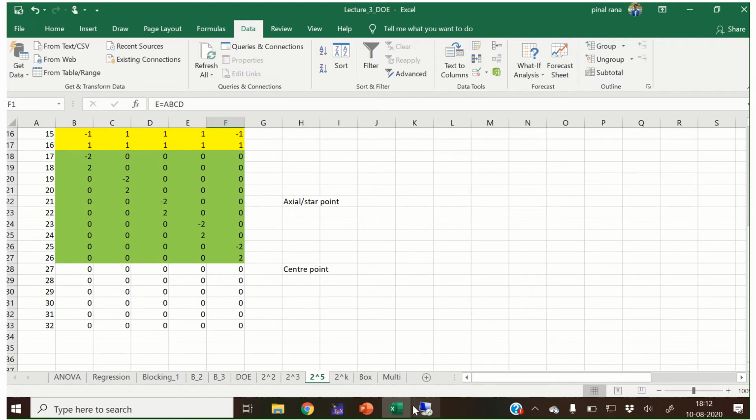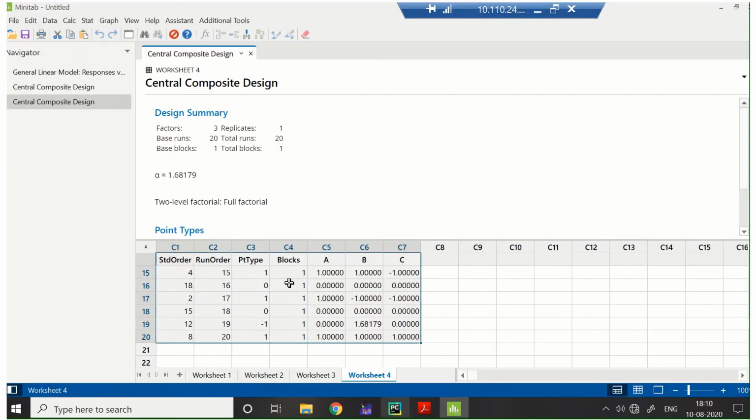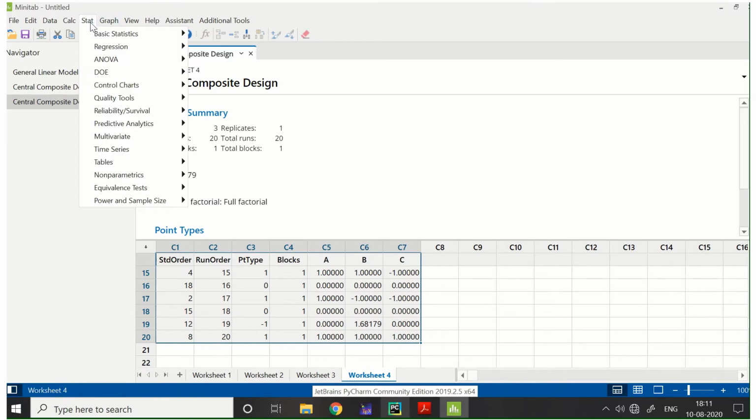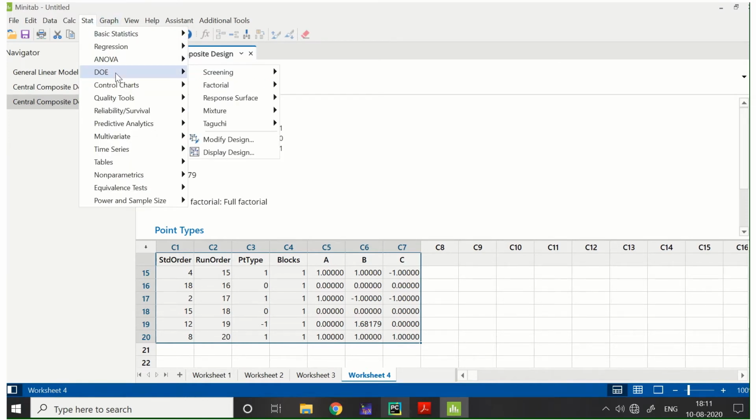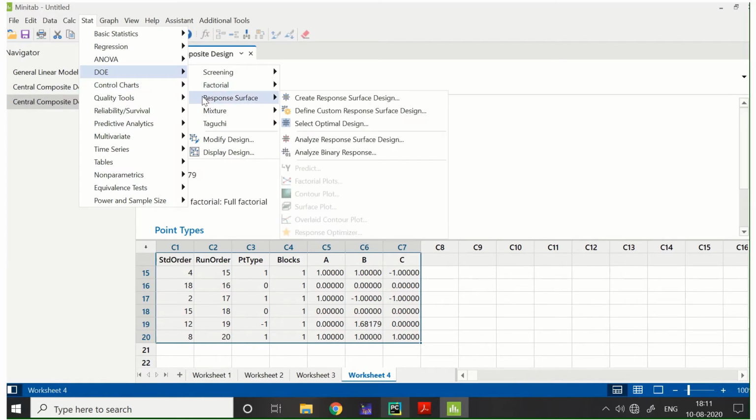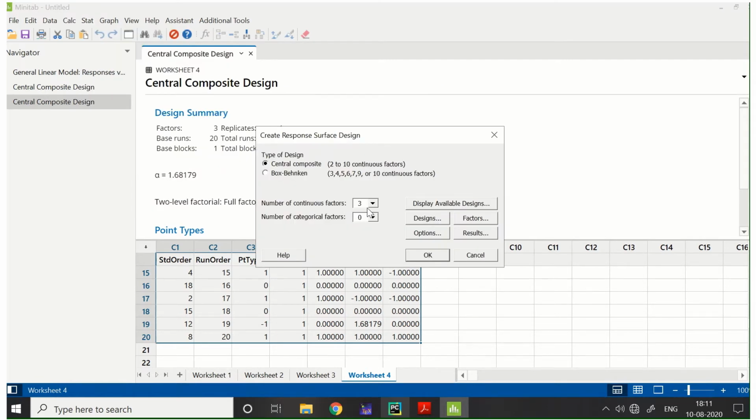Okay, now I will explain how we can create the half factorial design in Minitab. So you have to follow the same thing, but there is only one difference. The response surface will create a response surface design. Instead of 3, we have 5 different variables, right?